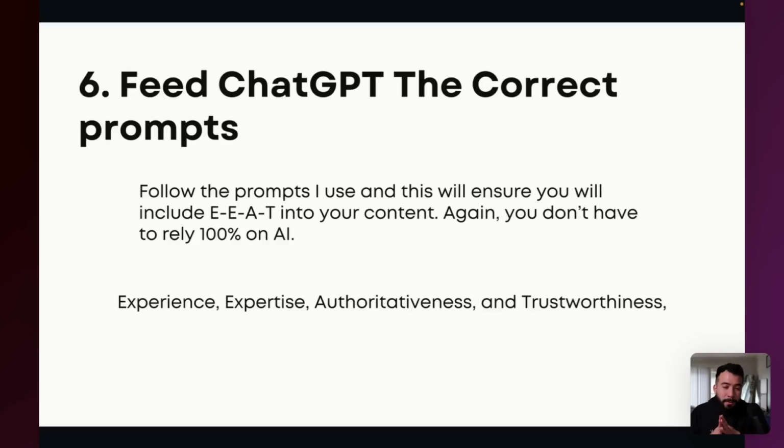So yes, Google's EAT is experience, expertise, authoritativeness, and trustworthiness. While this isn't a ranking factor, I still consider this one of the most important parts of the entire blogging process. You need to make sure that you're hitting all 4 of these things. And with the prompts that I give you, that should help you with 90% of it. So let's go ahead and jump into ChatGPT, start the process, and write from scratch.